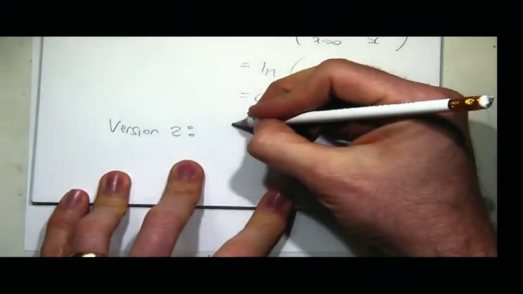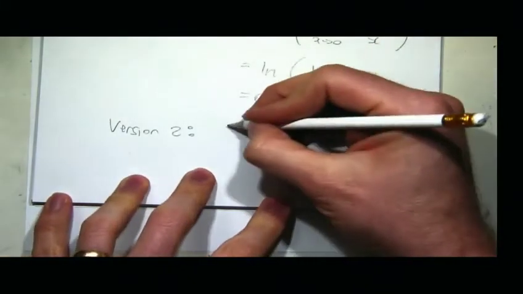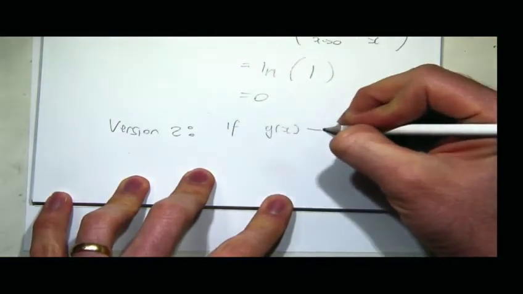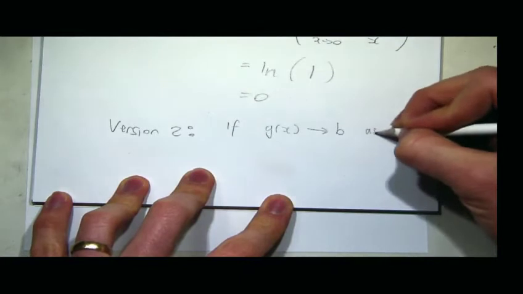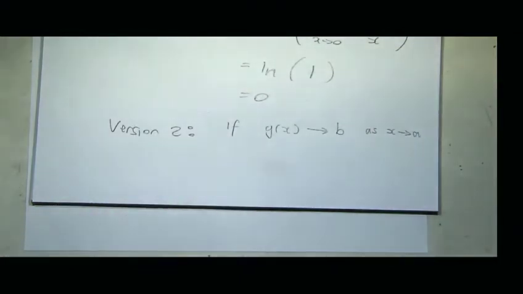See if I can say this right. It's easier to do not as limits but just as goes-to symbols. If g of x goes to, say, b as x goes to a, so the limit of g of x is b as x goes to a,